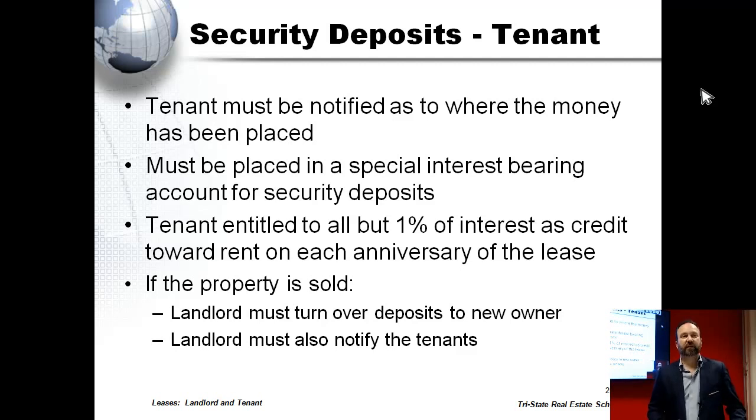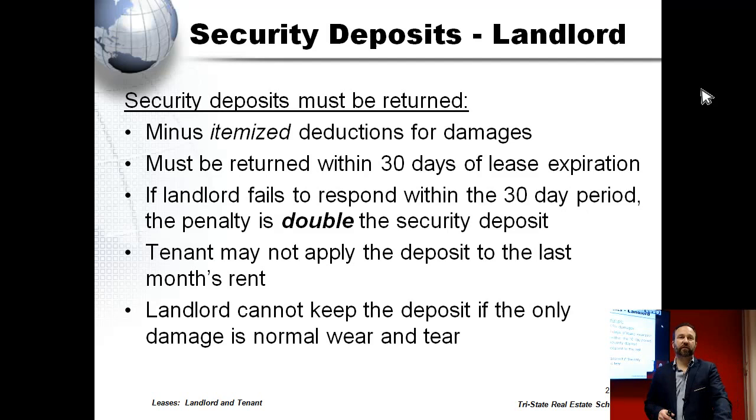What happens if it's sold? The landlord must notify the tenants immediately, and where to redirect. That's a test question that I do see come up often with regards to what happens if the property is